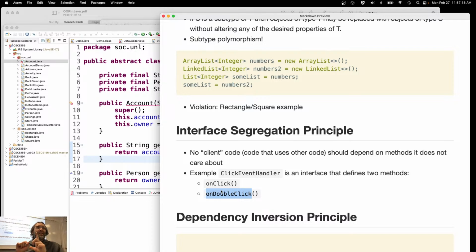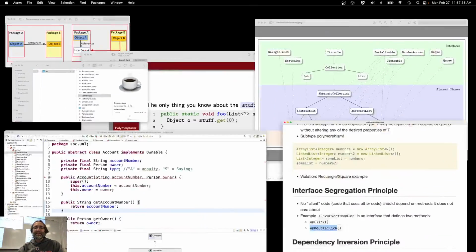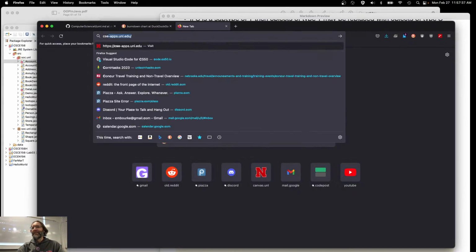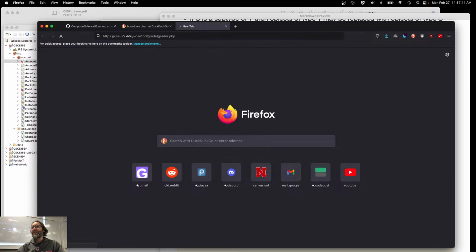Yes, no? Oh, do we double-click? I thought my grandparents were the only ones that double-clicked buttons. Do you usually double-click a button? You double-click a file to open up a file, but do you double-click a button? No. In fact, it's caused so many damn problems that if you look at the grader, I disabled that stuff. Because if you double-click the grade me, and I don't do anything about